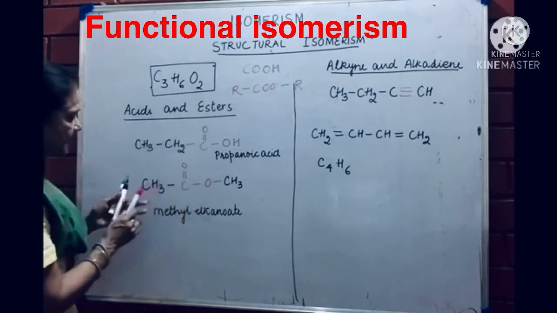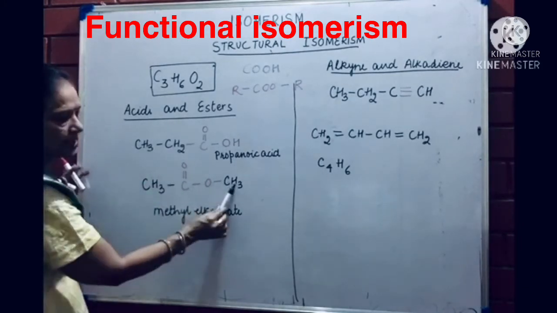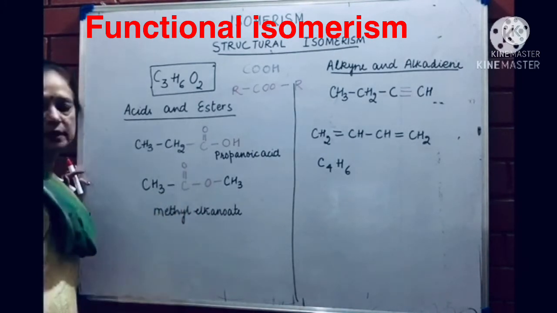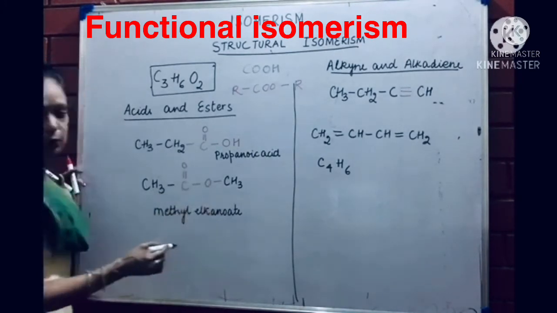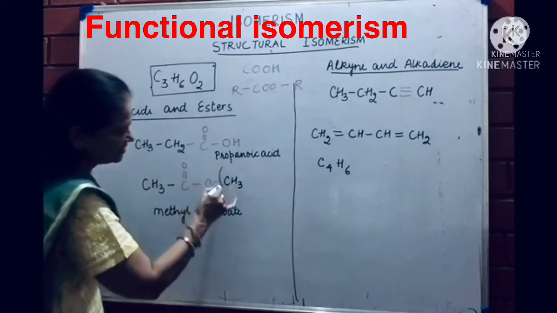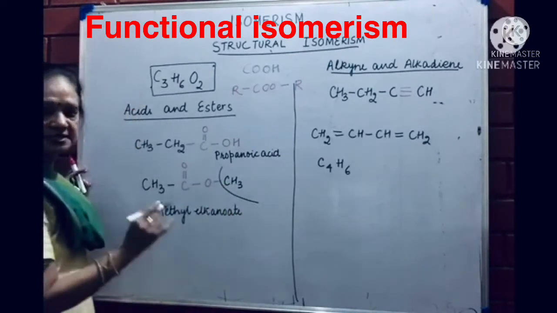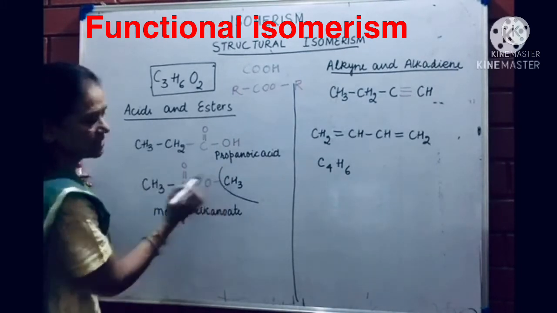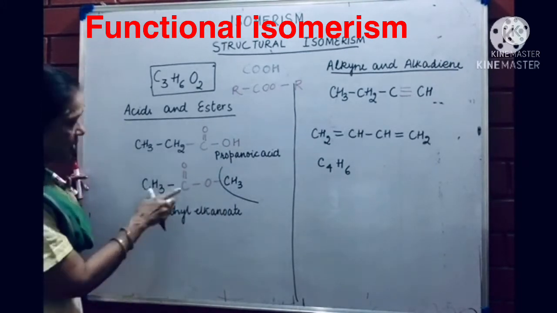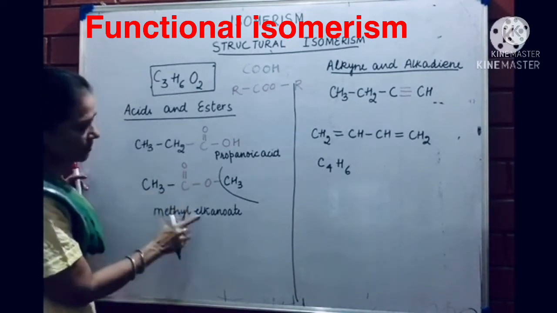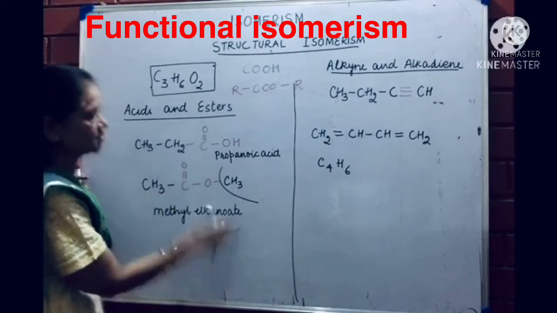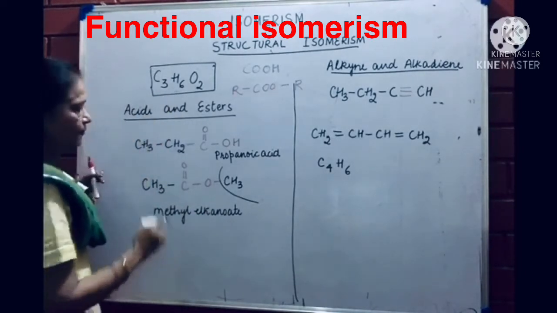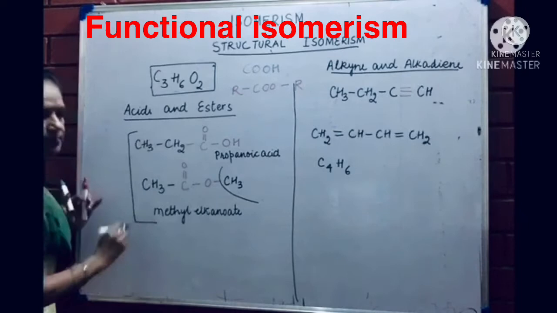To make an ester, we always make 2 alkyl groups on both sides and put the COO group in between. As I have told you earlier how to name them, esters are called alkyl alkanoate. So this is the alkyl group, which is methyl. There are 2 carbon atoms here, so it becomes ethanoate. So 2 compounds are formed from this formula. So you will always give them in pairs.